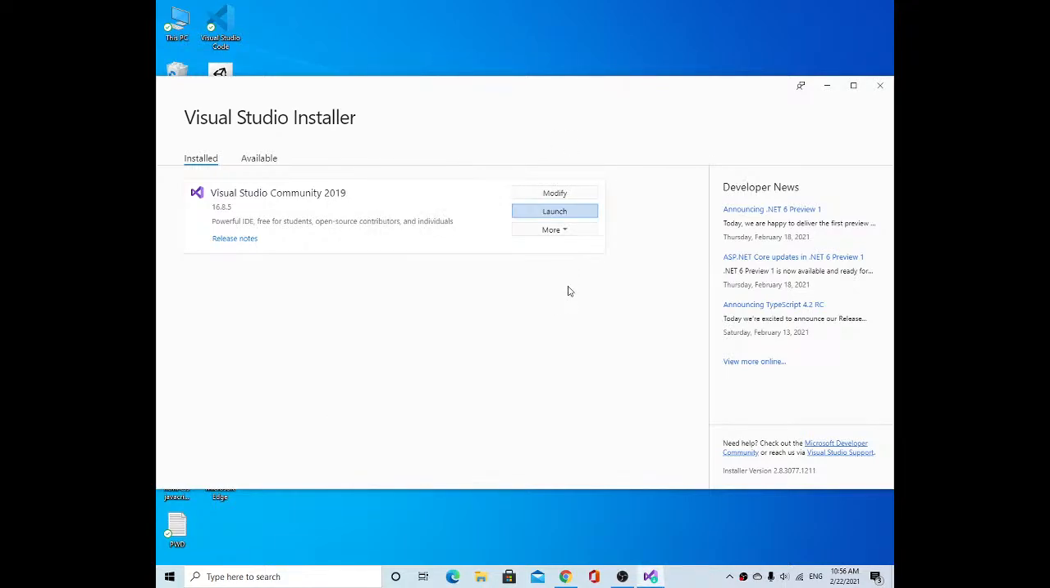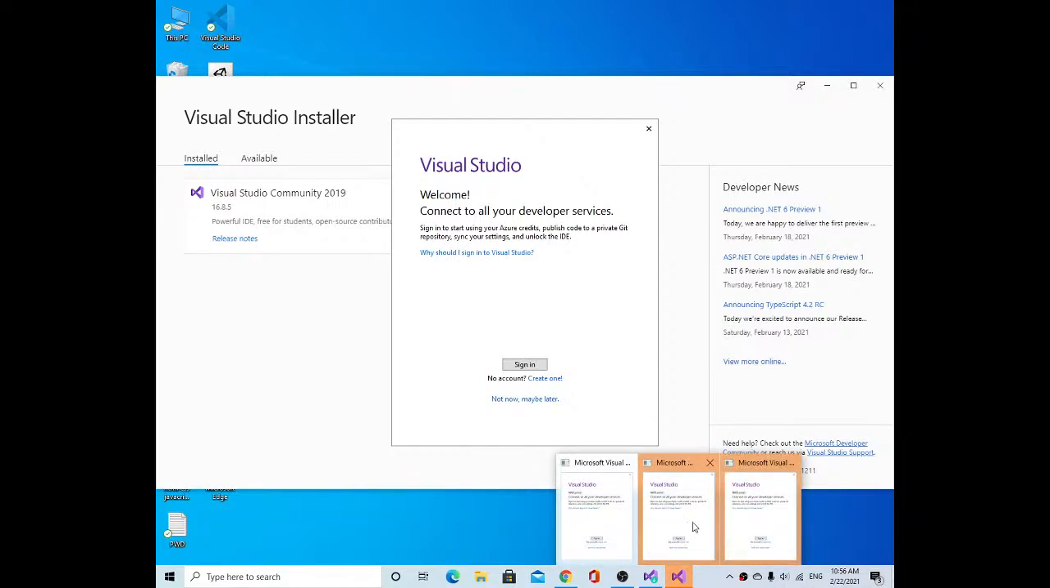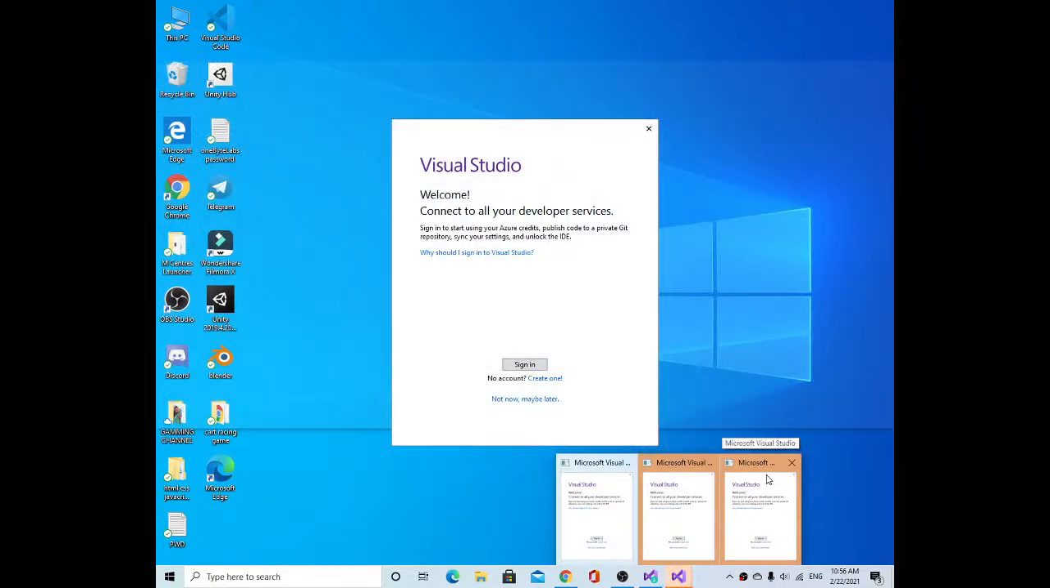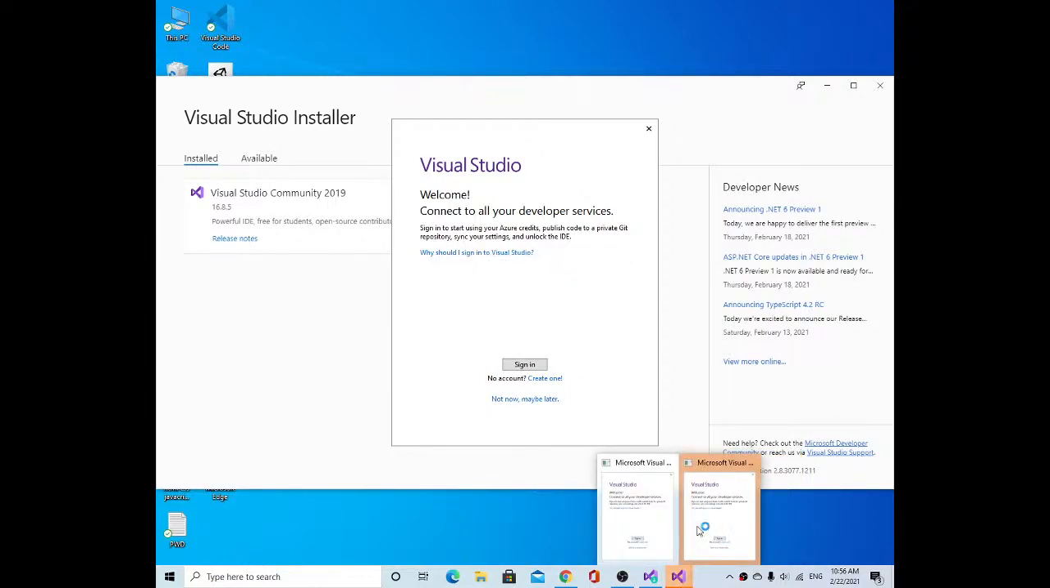लॉन्च। ये विजुअल स्टूडियो 2019, लेकिन मेरे पास लेटेस्ट वर्जन है, फिर भी मैं पुराना वाला यूज़ करूँ। विजुअल स्टूडियो कितने खुल गए? 3 बार लॉन्च किया था तो फिर 3 खुल गए। मुझे एग्जिट करना है, 2 नहीं चाहिए, बस 1 चाहिए। तो फिर अभी मैं नॉट नाउ मे बी लेटर। मुझे अकाउंट बनाने की जरूरत नहीं, उसने भी नहीं बताया था। अब नॉट नाउ मे बी लेटर कर दिया। अब आगे।